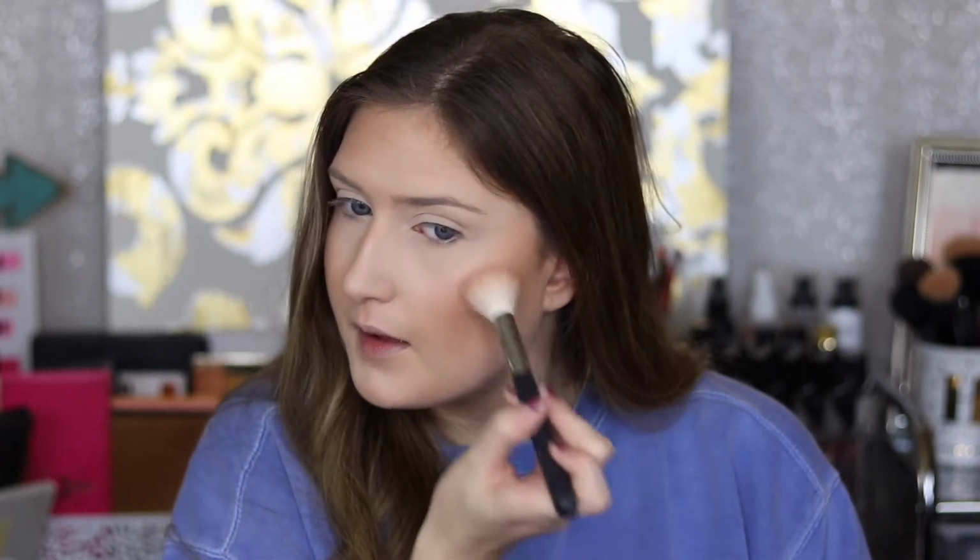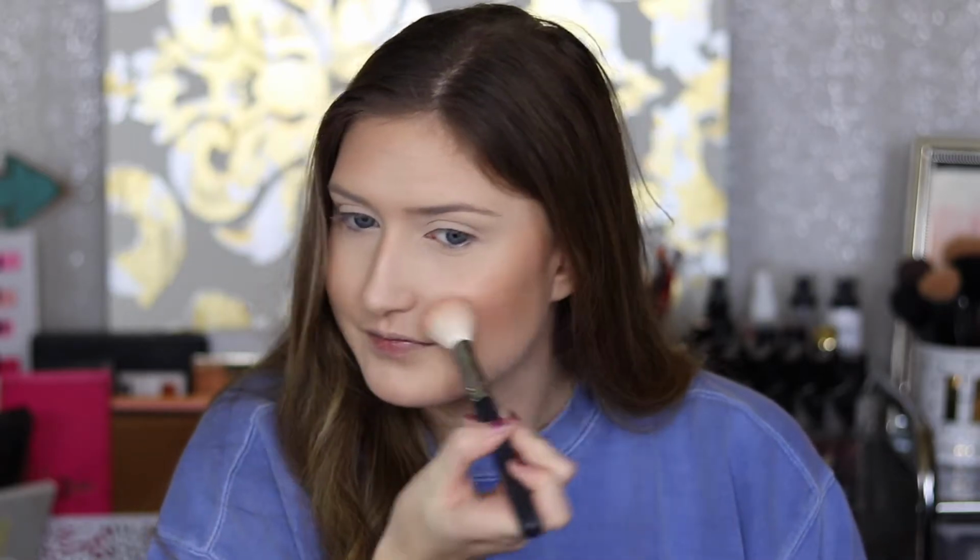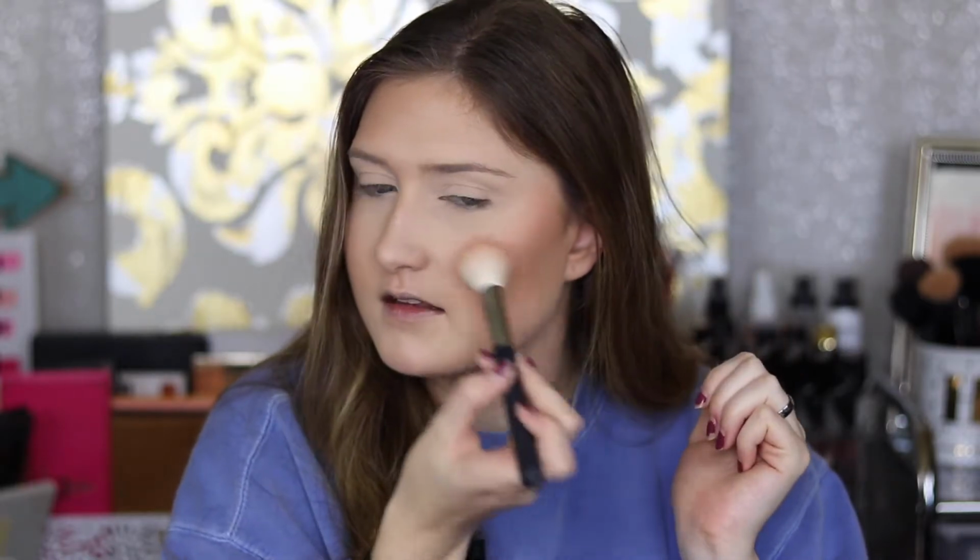And I'm not a person that uses a ton of blush, as you guys know. I like blush because I feel like it brings something to your face, like brings some color, but I don't like a ton of it. So I just kind of dust that lightly. And I've liked to use a smaller brush like this because I can really control where the